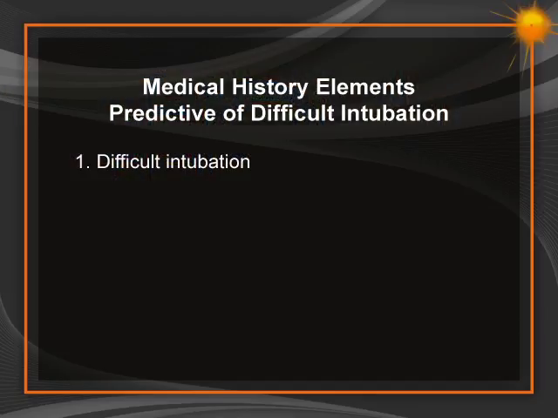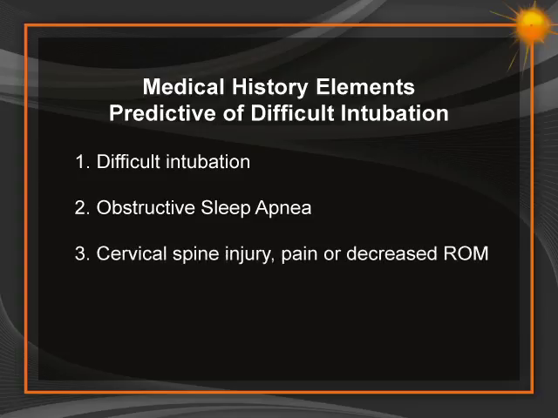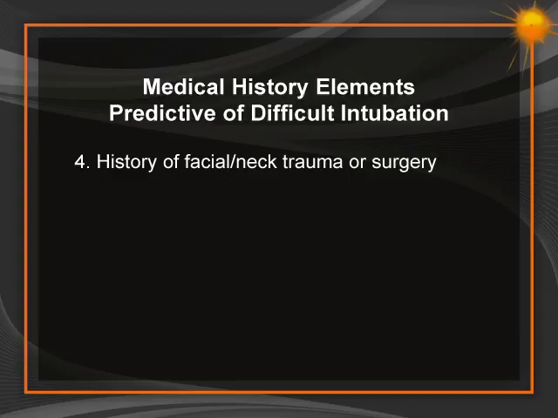Many of the history and physical exam elements that predict difficult intubation are different from those relevant to ventilation, though equally important. To determine if a patient will be challenging to intubate, ask about history of difficult intubation, history of obstructive sleep apnea, history of C-spine injury, pain, or decreased range of motion, history of facial or neck trauma or